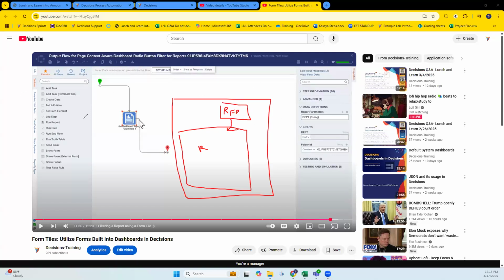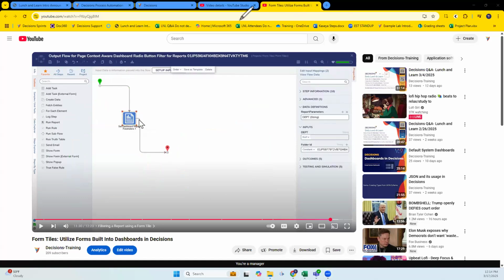The thing about the form tiles that's convenient is when you make it and you have a form tile on top, it actually gives you an input flow. You place your form, and then an output flow is your form, really small in the middle, so that you can translate that data and it will be page context aware, and you can use something like set report dashboard parameters. And you'll be given more options. If we're using a run flow part, which I think we should be able to do the same thing, we'll have to just test it.